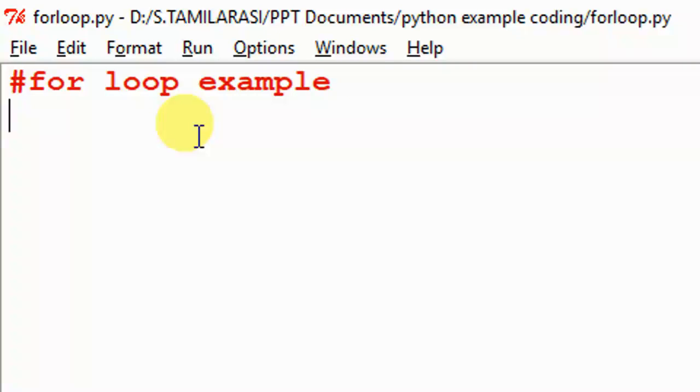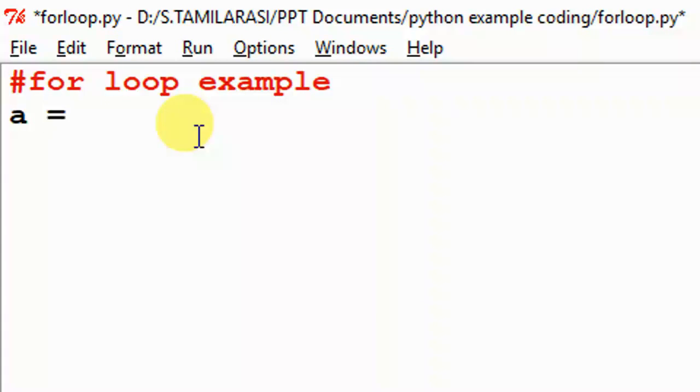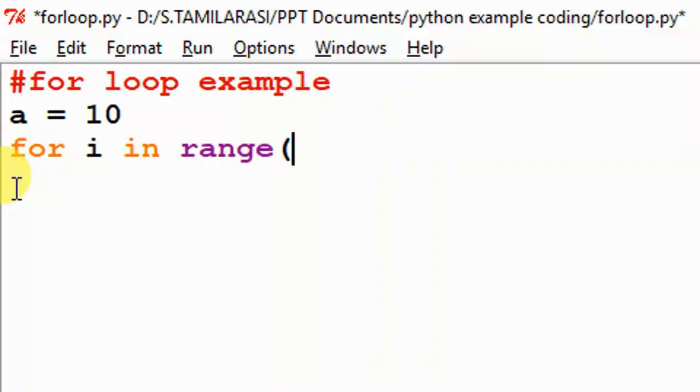Next, I am showing this example in Python IDLE. I open Python IDLE in script mode and type an example. First I create one variable, a is equal to 10. Next I use the for statement, for i in. First I use the range function, so I type range, open bracket.